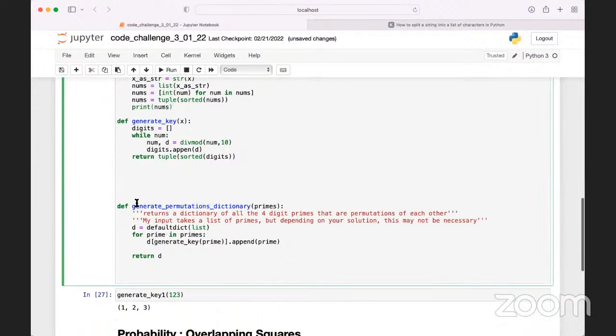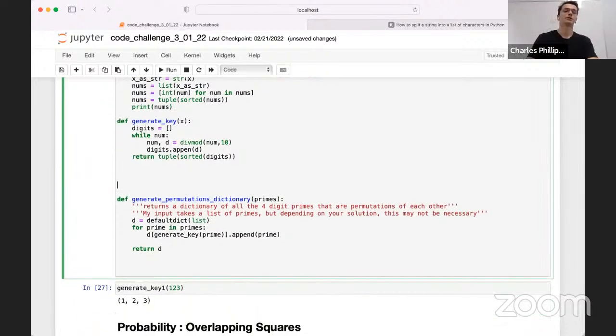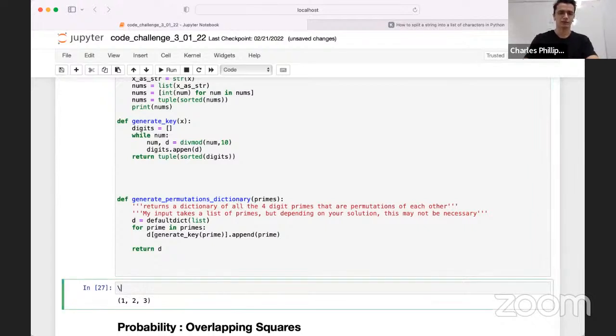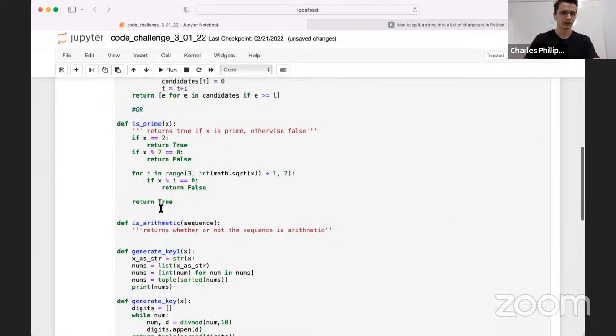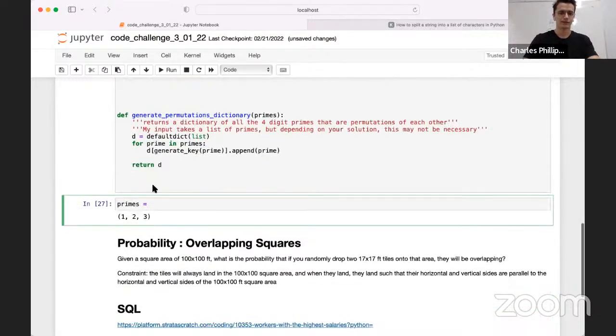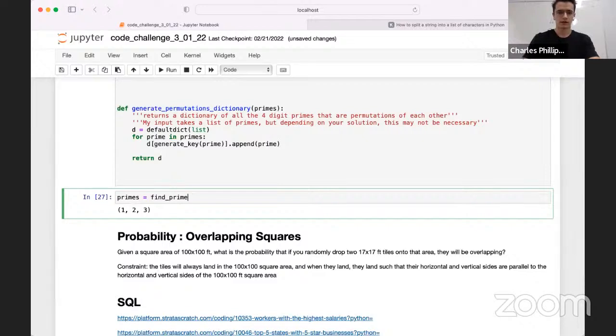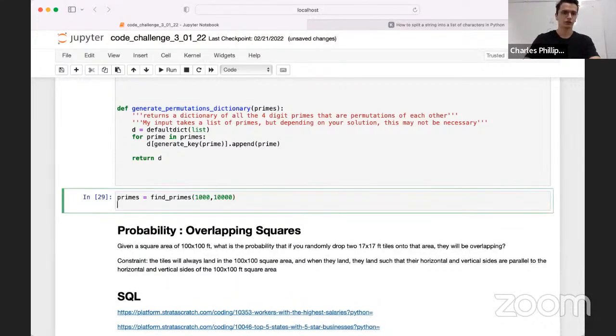So now our generate permutations dictionary function is done. What we do is, well, first we'll make a list. We'll say primes is going to be equal to, what do I even call the function? Find primes between 1,000 and 10,000, right? That's going to make our primes. And then we're going to say dictionary is going to be equal to generate